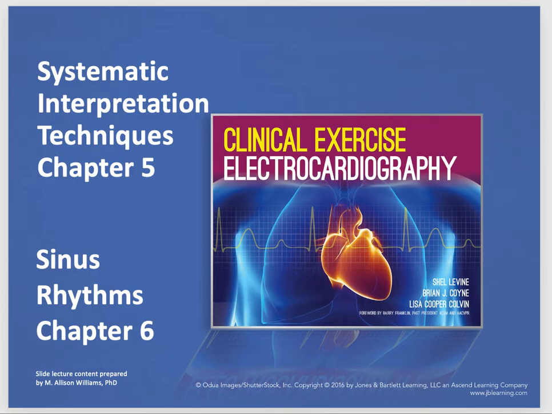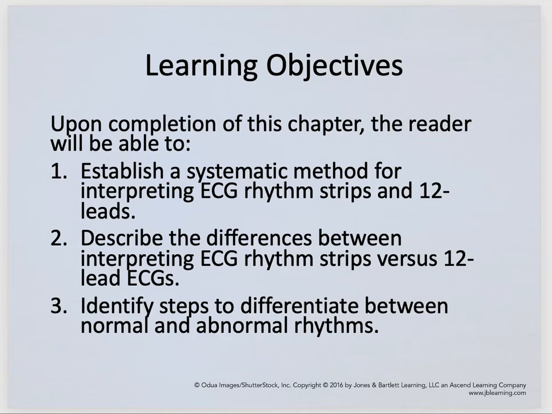We're moving forward into looking at the EKGs. We're going to go through 2 chapters, looking at how to interpret in chapter 5 and going into the basic sinus rhythm in chapter 6. So some of the things that we're going to begin with in chapter 5 is looking at what we call systematic,